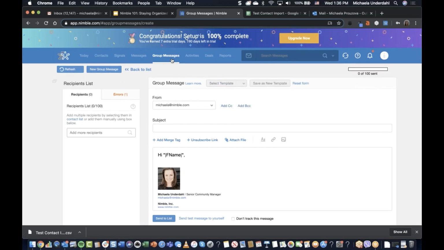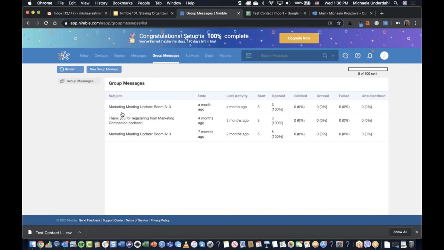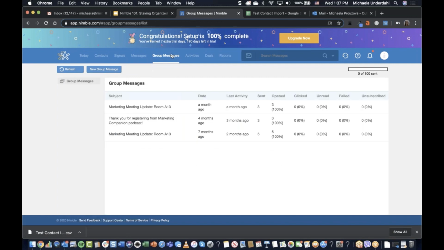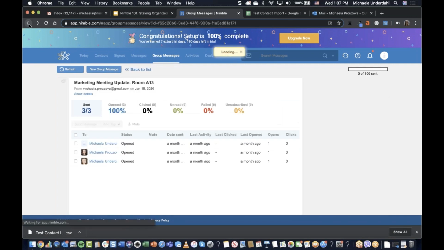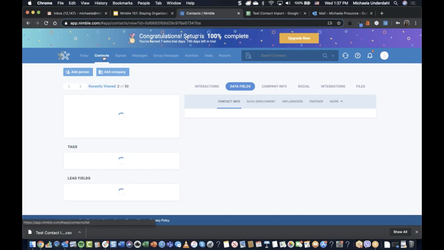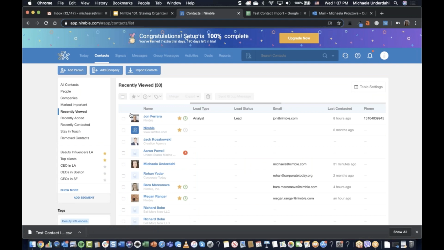Once you send the message, you can go back to group messages here, and this is where you'll be able to see how people interacted with the message. How many of them opened, how many clicked a link that you may have included, how many didn't read it, how many emails failed, or you can also see how many people unsubscribe, because we give you the option to also include an unsubscribe link. So that's group messaging. When we go back to the segmentation,